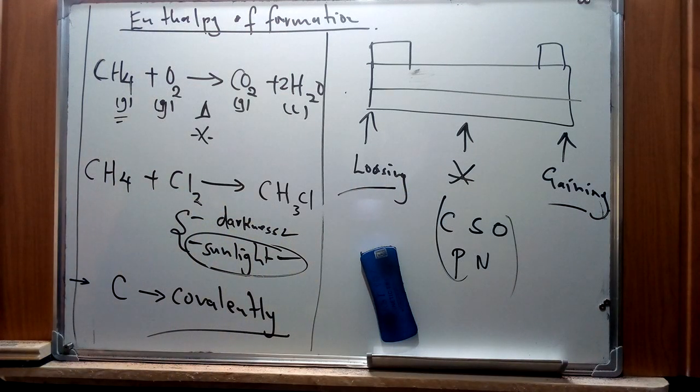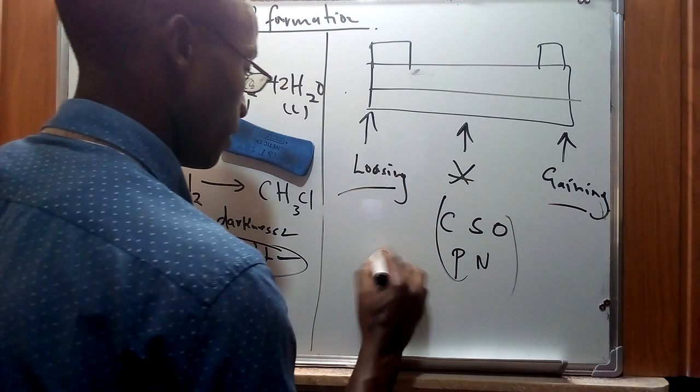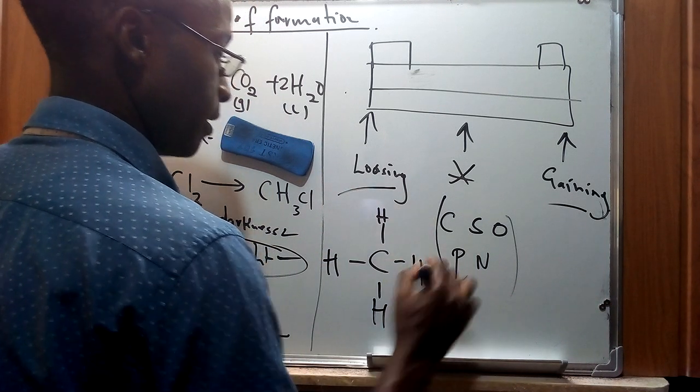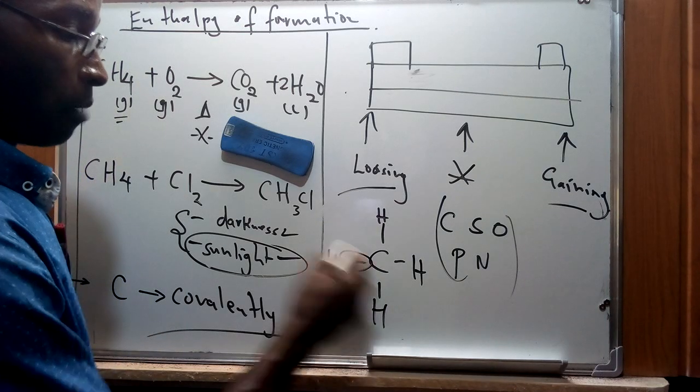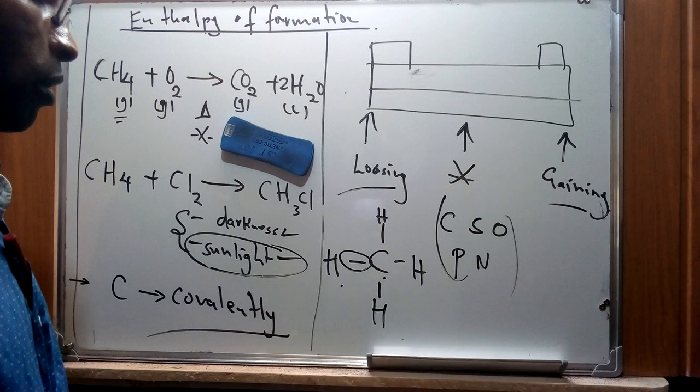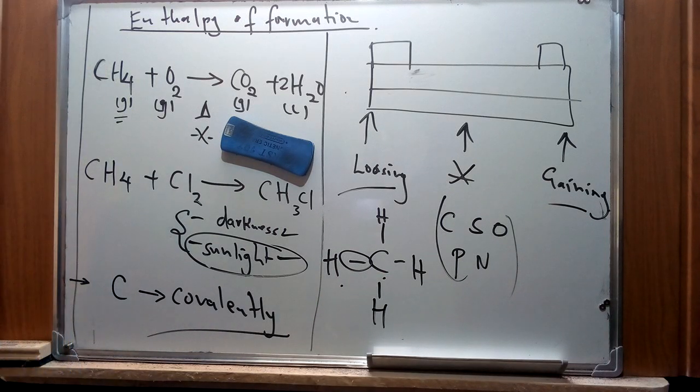So when these compounds have been formed, you find, for instance, a substance like methane, whose structure is illustrated as such. The overlap of these specific orbitals for carbon and hydrogen forms a hydrogen-carbon bond. This bond formation is a process that entails either the absorption or release of energy, but basically we are going to see how we can describe either breaking or formation of a bond in terms of the endothermic or exothermic reactions that we talked